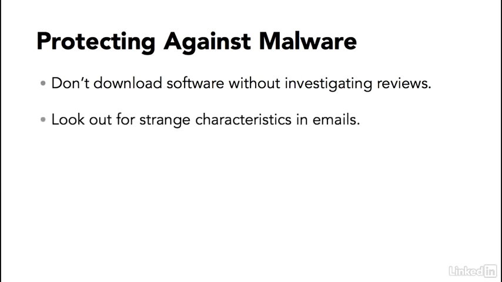Beware of strange characteristics in emails too, especially if that email comes with an attachment. And by strange characteristics, I mean emails that come from your friends, but it sounds a little out of character for them. For example, maybe there are words spelled wrong that they don't usually spell wrong, or there's lots of punctuation in it they don't normally use. So look for poor grammar, missed words, and other strange characteristics, and then finally, trust your judgment about them. If the email looks off, it probably is,